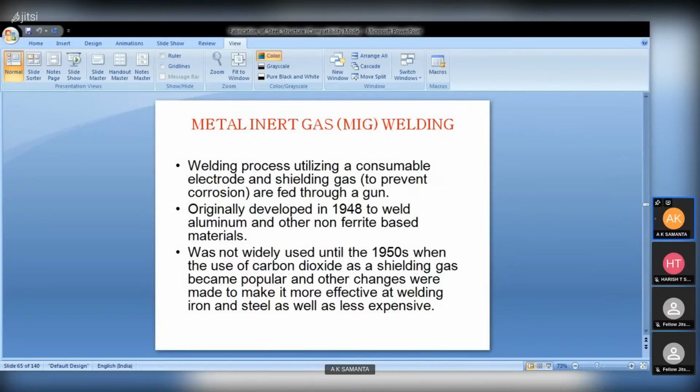But another thing is hydrogen. Hydrogen will go into the liquid metal. Now in the liquid condition, the solubility of hydrogen is more, but once that liquid weld metal solidifies, the solubility of hydrogen will be less and hydrogen will try to come out. But if solidification is very quick, then hydrogen will not be able to diffuse out. As a result, this will